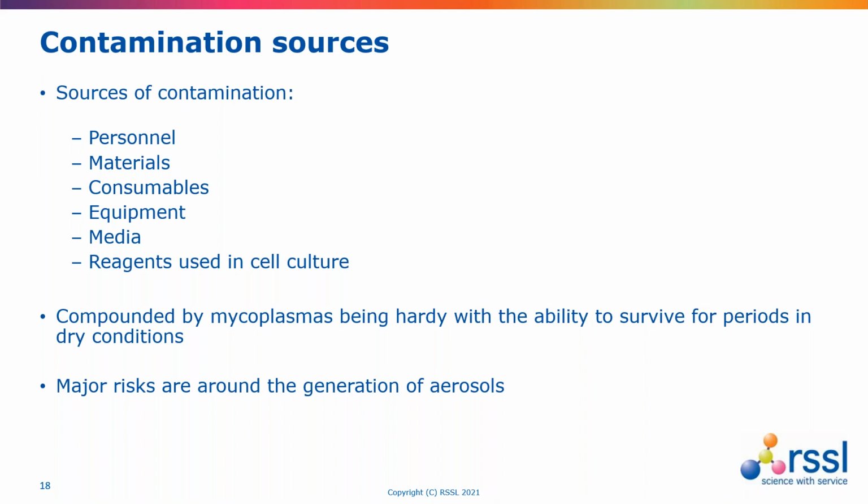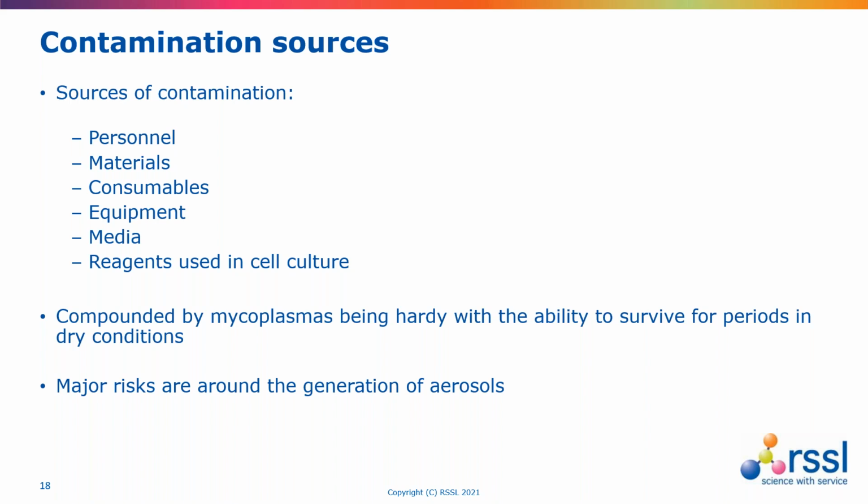In terms of how contamination arises, and considering the sources of contamination, these are quite varied and include people, materials and consumables, equipment, poor quality culture media itself, and the reagents used for cell culture. That's because they are ubiquitous and are found in many, many niches. An example of how easy they are to spread could be the ease of droplet generation during the handling of cell cultures, or even the fact that some commercial cell cultures are actually received contaminated in the first place.